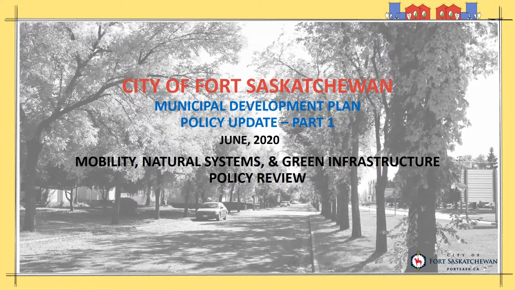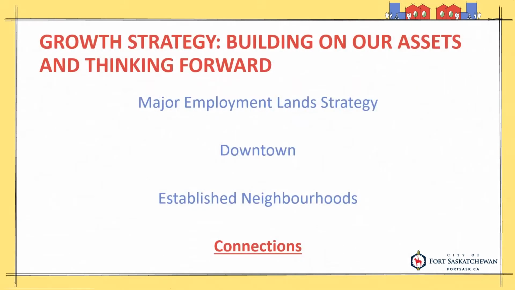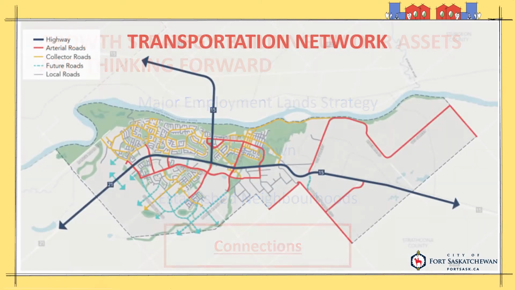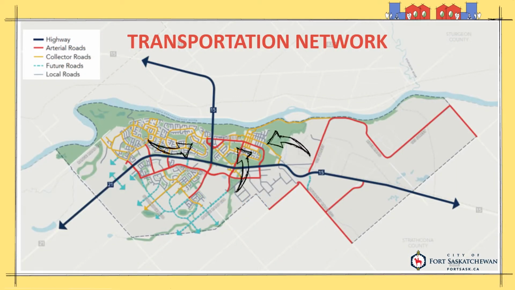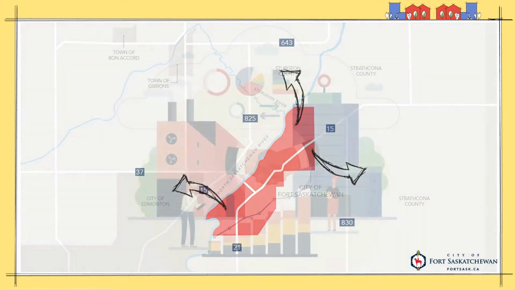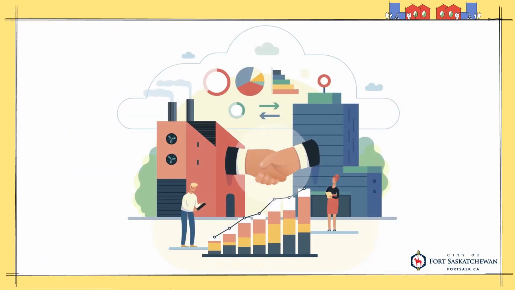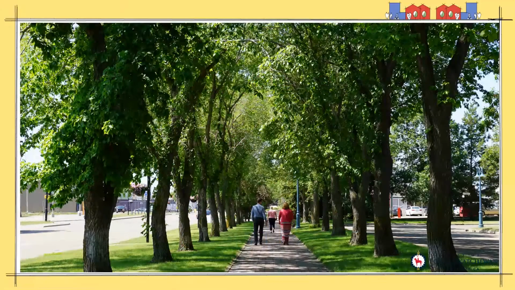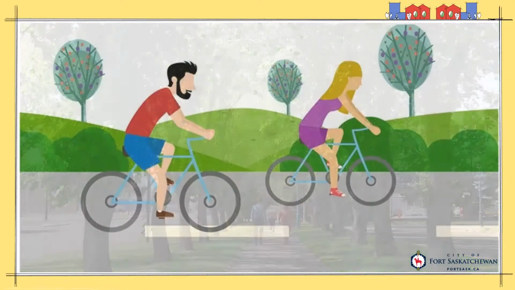The mobility, natural systems, and green infrastructure sections align most strongly with the connections component of the growth strategy. Mobility focuses on how we connect our residents within their neighborhoods and across the community, how we connect across our region, and to economic opportunities across the globe. Natural systems and green infrastructure are key community assets to connect our residents to that improve their health outcomes and